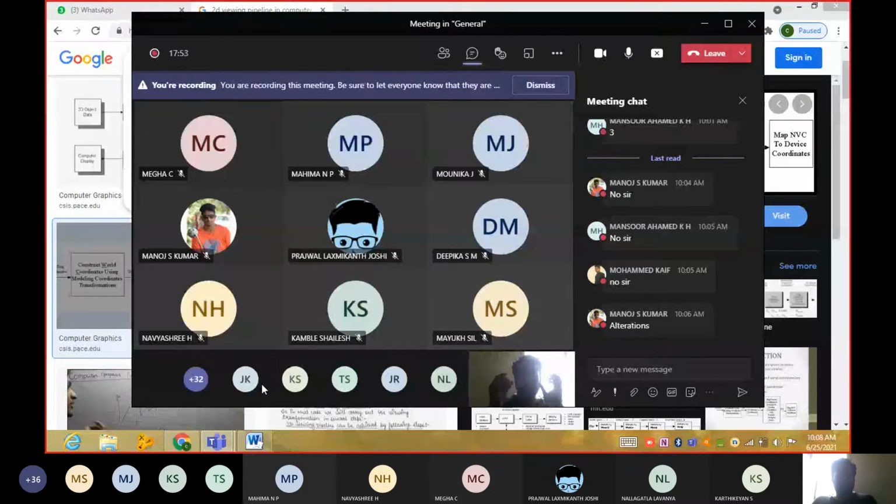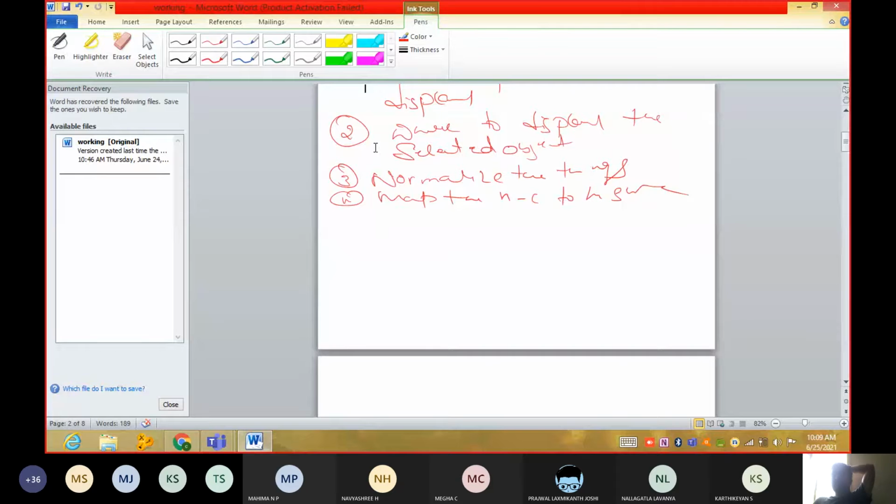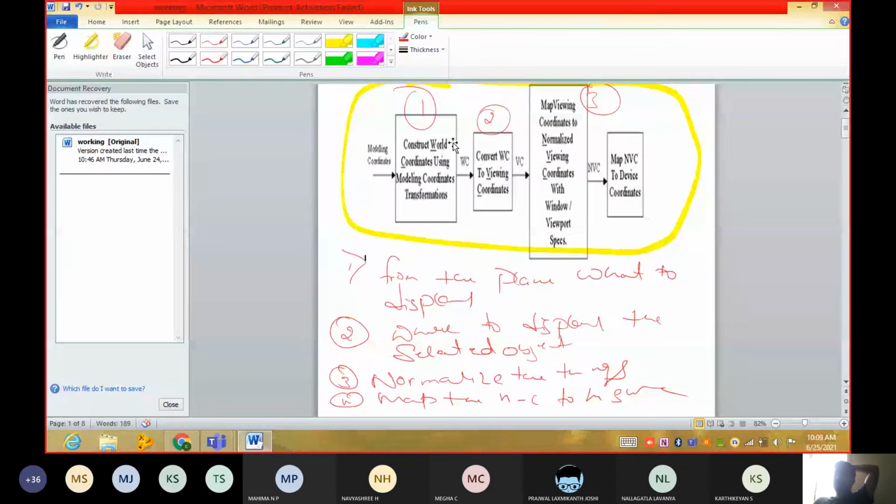World window and viewport, the same things we do in 3D also. First, we consider the world coordinates using modeling coordinates. Next, we convert the world coordinates to view coordinates. Next, we map viewing coordinates to normalized coordinates. And next, we map normalized coordinates to device coordinates.